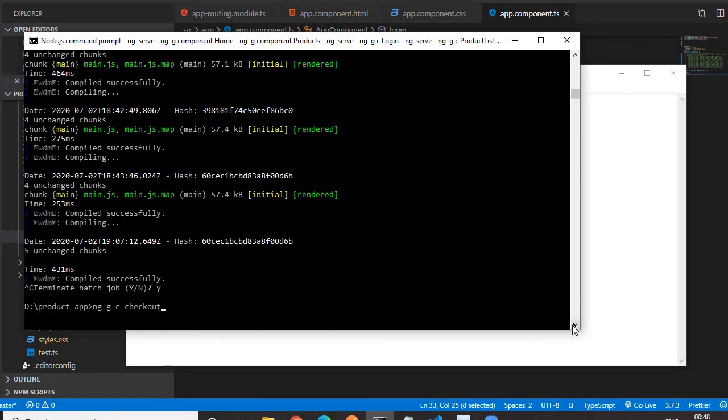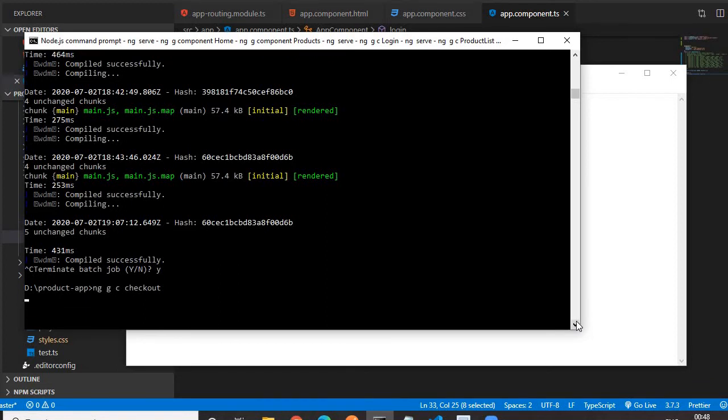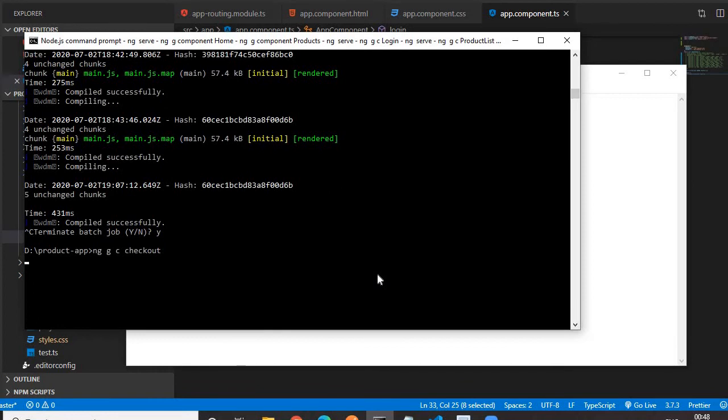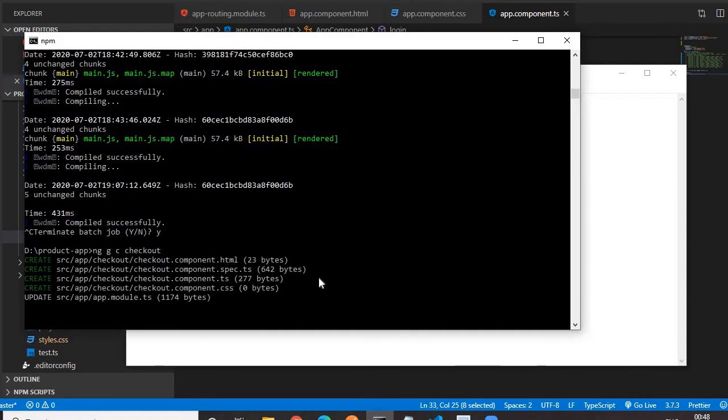Once we write this command, just press enter and it will execute the command and create a new component called checkout component. It will take a couple of minutes, so just have patience.